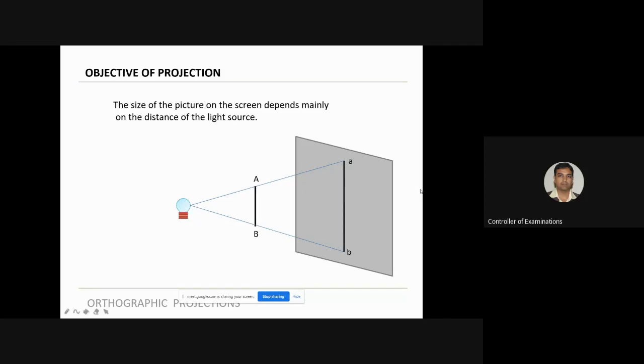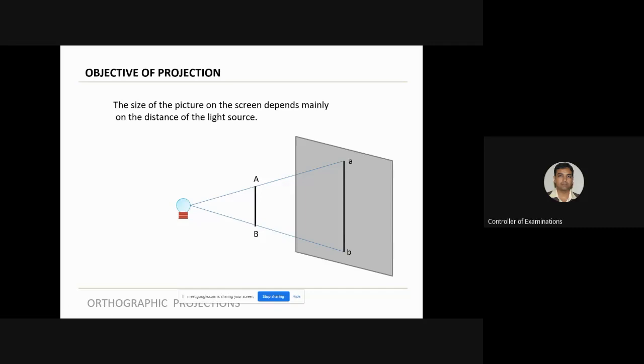In this case, the picture on the screen is small a, small b. If you see the size of the object and the size of the image, is it the same? It is not. The image is almost double the size of the object. So it is not a true representation.